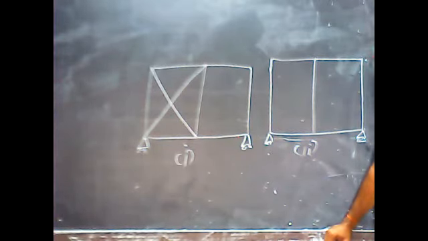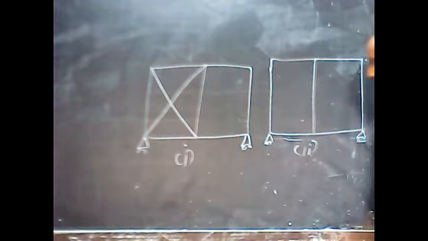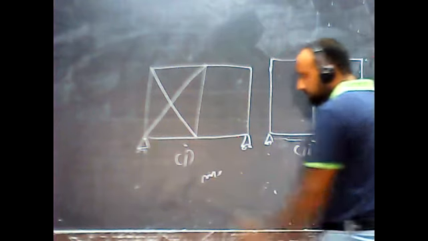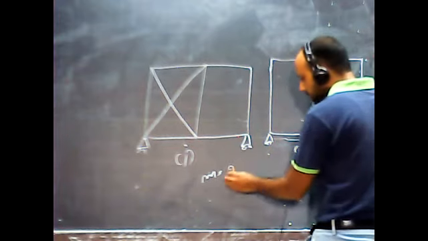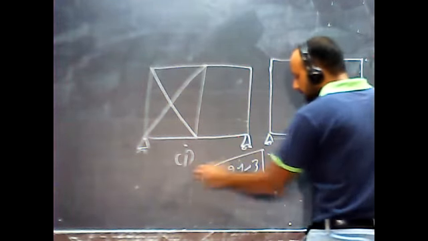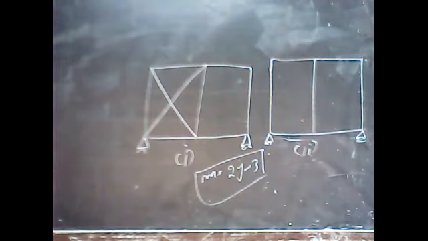I already explained these things in the last class: how many members are required to make my structure stable. What was the value in the case of a truss? How to calculate the number of members required? So 2j minus 3. Yes, we have a relation from here. There is also a relation for indeterminacy, m plus r minus 2j, that we will see in a later part.